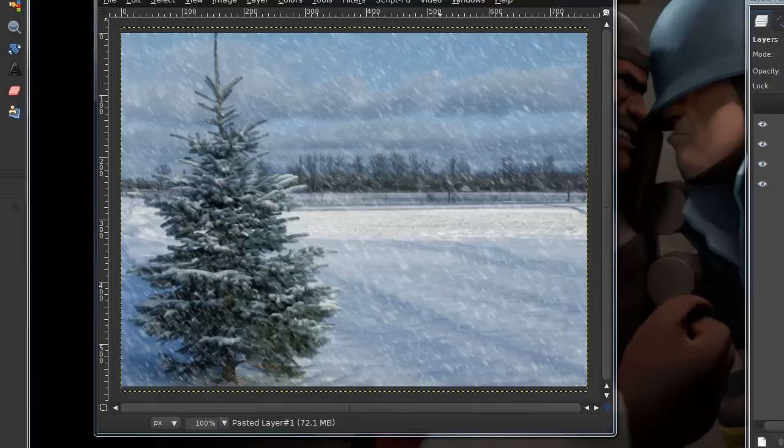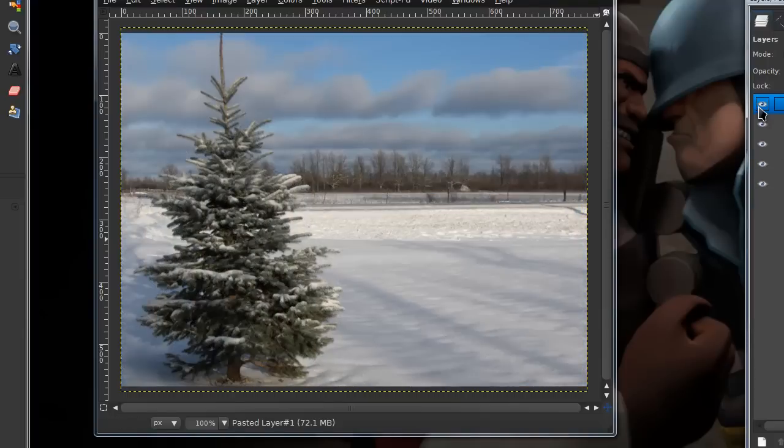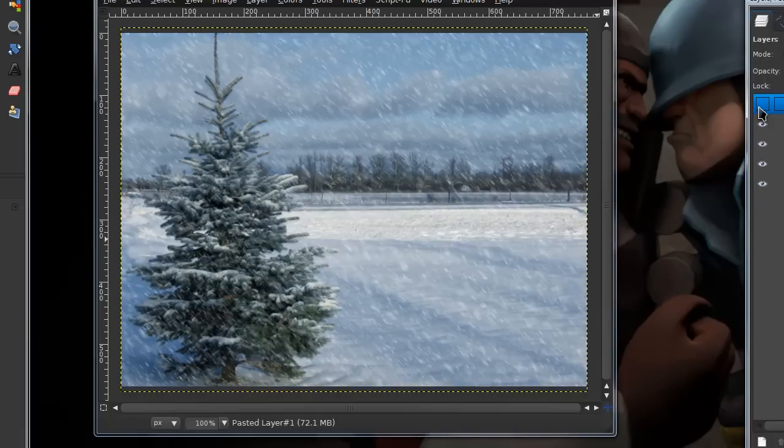In this tutorial, I'll be showing you how to create this snowing image, so how to make your pictures look like it's snowing. So this is the original image that I took, and now this is what I transformed it into, just to make it kind of look like it's snowing. I know there are a few tutorials out there on how to do this, but this is my version of it, and